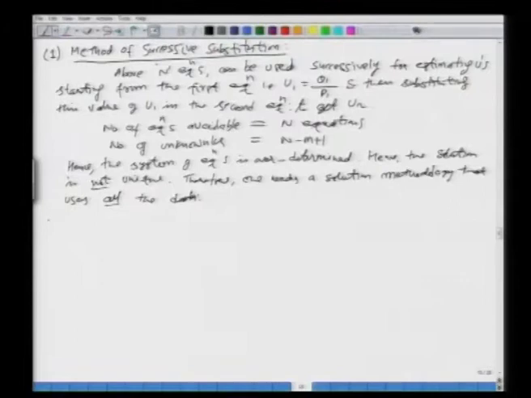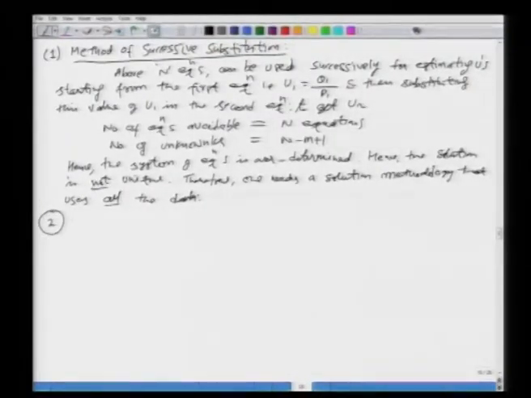Now what we will do is look at a second method, which is called the method of successive approximation. This is a modified version in which you will carry out an iterative procedure. And this is a method which uses all the data or all the ordinates. It is an interesting one. So, first we will look at the step by step procedure and then we see if there are any problems.